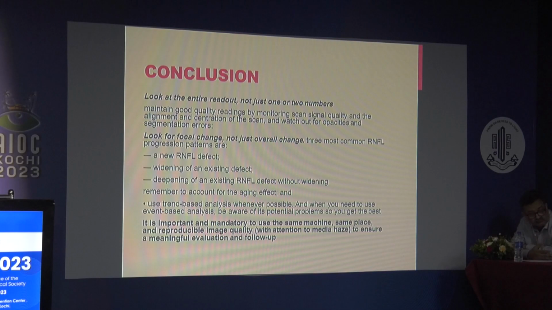The three most common RNFL progression patterns are a new RNFL defect, widening of an existing defect, and deepening. The deepening can occur because of the aging effect, because with age there is an RNFL loss of around 0.3 micrometer each year. Use trend-based analysis; basically you have to follow a patient on the same machine and see the trend of RNFL. Don't compare one event with the whole of the baseline findings. And again highlighting the same point, important and mandatory is the same machine, same place, reproducible image quality to ensure